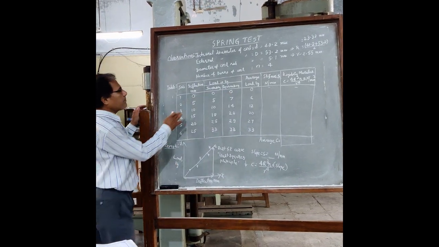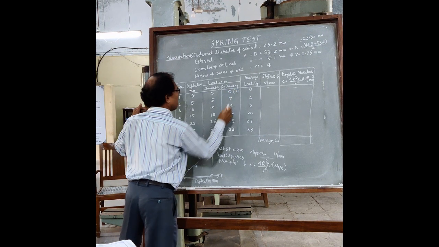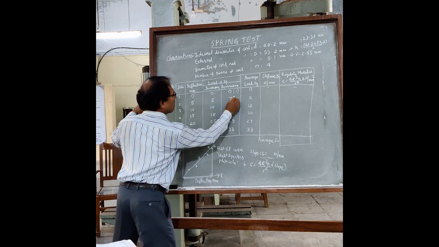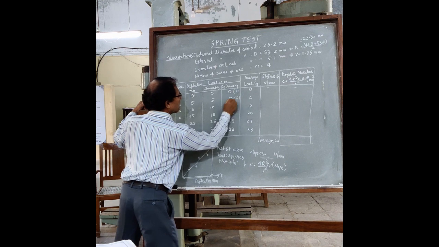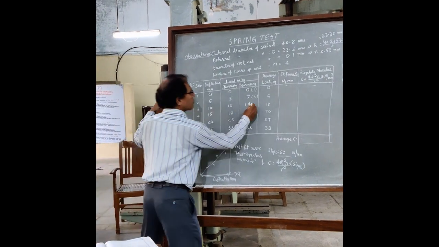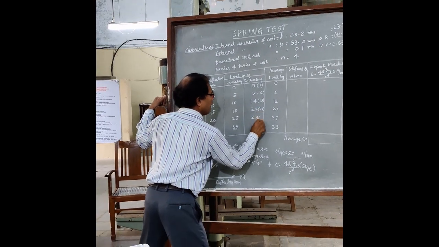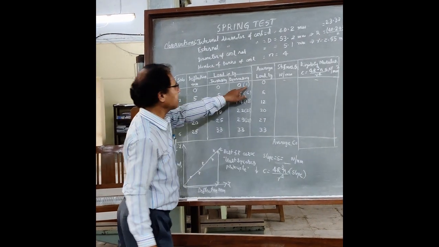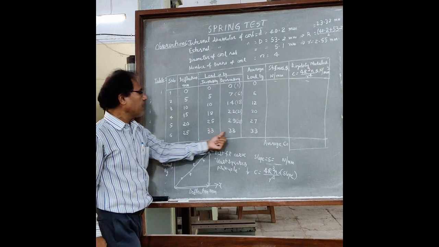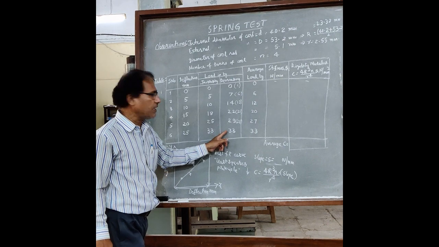Or if it is not matching with the 0, let us say if it is 1, then what you need to do is deduct this one value from the others. Therefore, 7 minus 1 is equal to 6. 14 minus 1 is equal to 13. Therefore, this is 21. Then this is 28. That is how this error should be deducted from the other readings. However, in the last reading you did not deduct because it is already carried over here, 33 by 33.